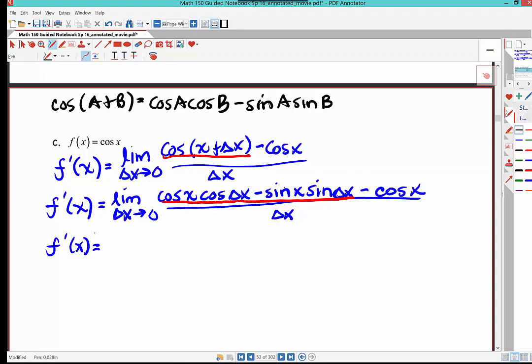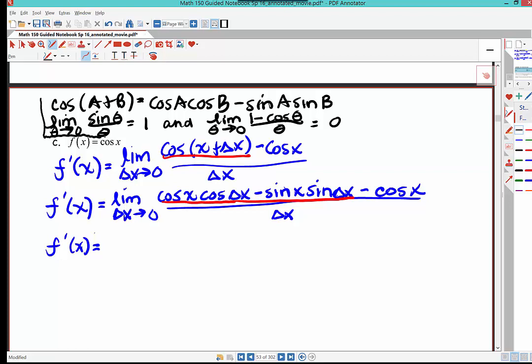What were those special trig limits? Recall that the limit as theta approaches 0 of sine at theta over theta equals 1. And the limit as theta approaches 0 of 1 minus cosine theta over theta equals 0. So we're going to be using that in conjunction with some algebra now. So here we go. F prime of x will be the limit as delta x approaches 0 of